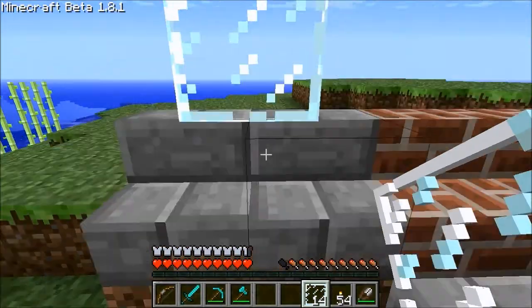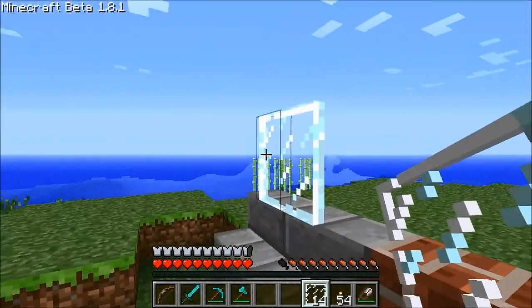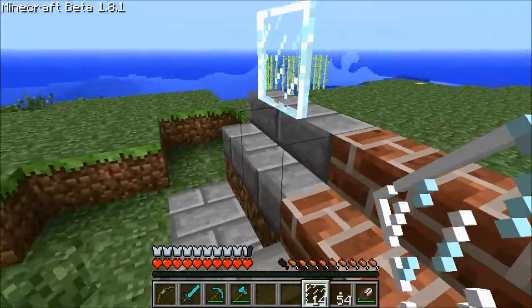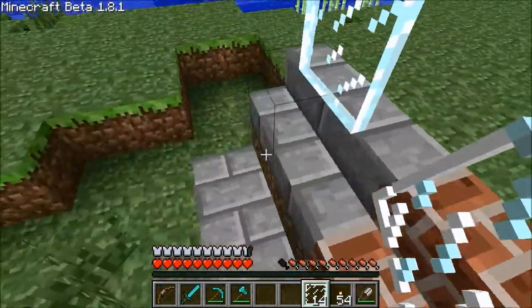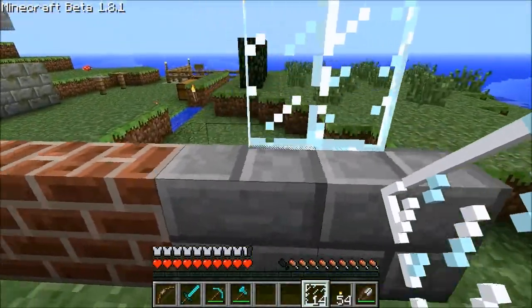Now this is actually a cool concept, which I've seen in a video: putting the glass panes on top of steps, because it's in the middle of the block, so it actually looks really nice, like you have a windowsill. Usually I would think you'd put this on the inside, the lower bit, and then this on the outside. But that's a really...